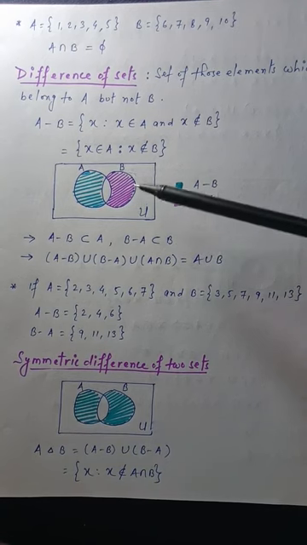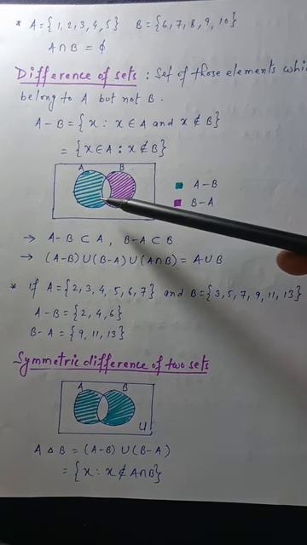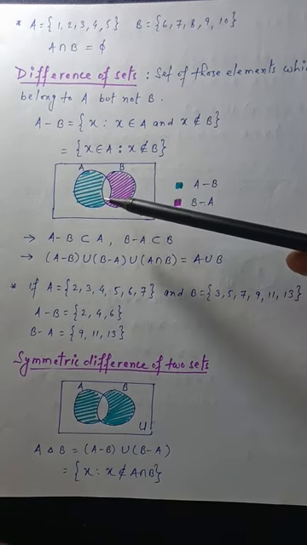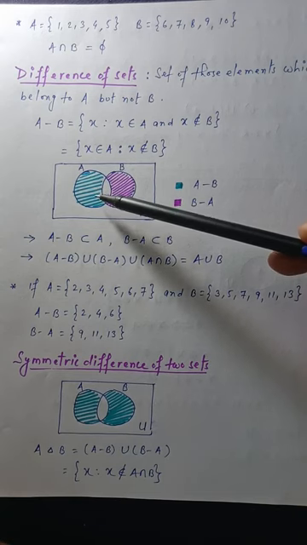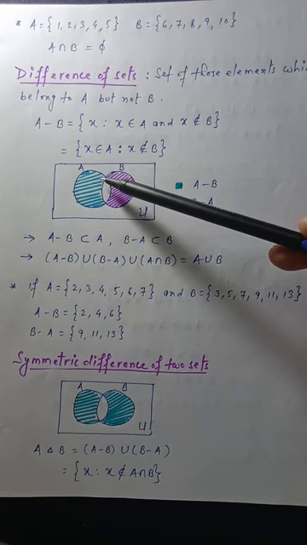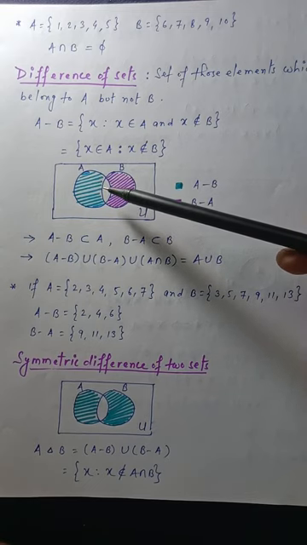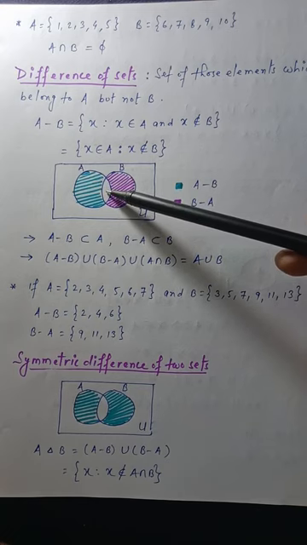Here you can see there are two sets. These are intersecting sets. So this green part is the part which includes A but not B. You can see this common portion is white. In this common portion, A is present as well as B is present.